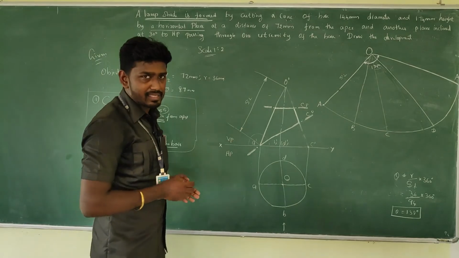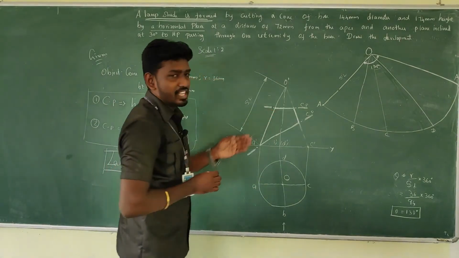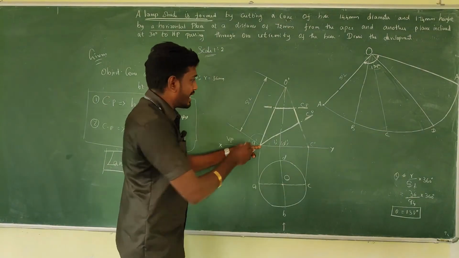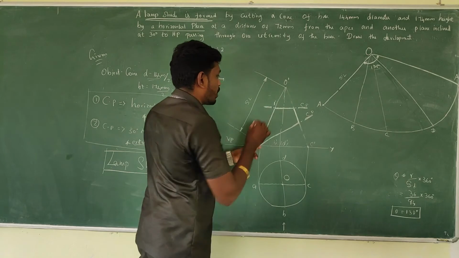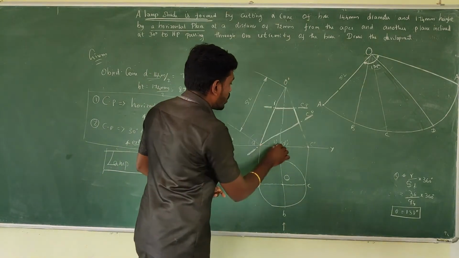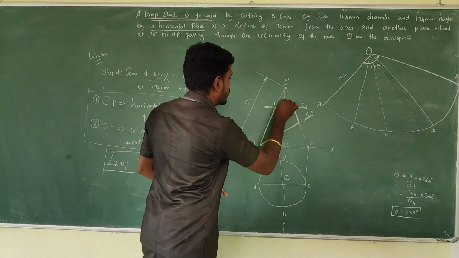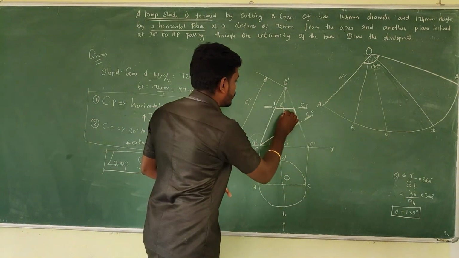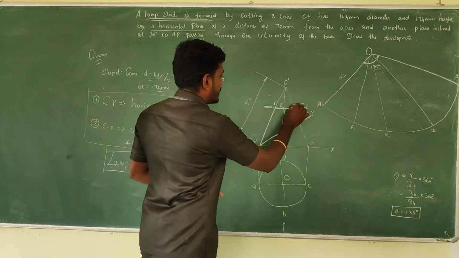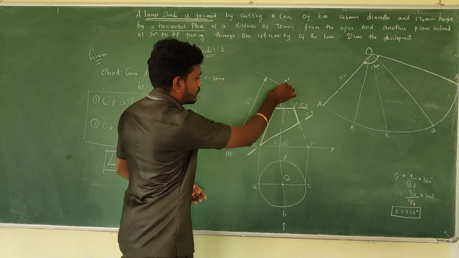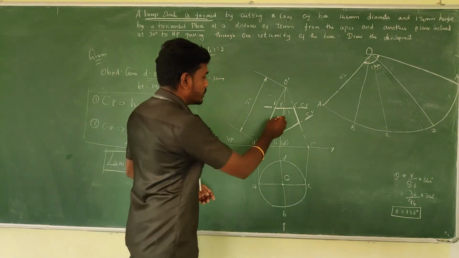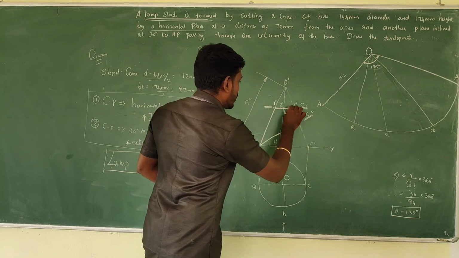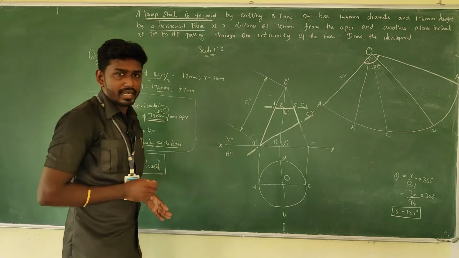So first of all, give the namings. We can start from the horizontal cutting plane. The horizontal cutting plane is intersecting the generator line O to A. I'm going to give this as 1 dash. And between O to B, there is a cut. I'm going to give 2 dash. And there as well we have the invisible generator lines. For that I'm going to open the bracket. Here C, I'm going to give 3 dash since we have only one generator. Come in reverse to give the invisible generator lines, so this becomes 4 dash.